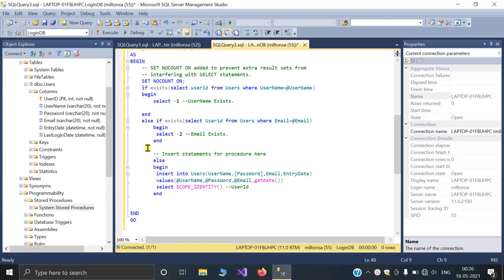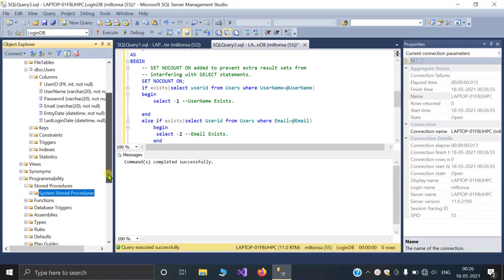Now execute the stored procedure. It will store into the database.